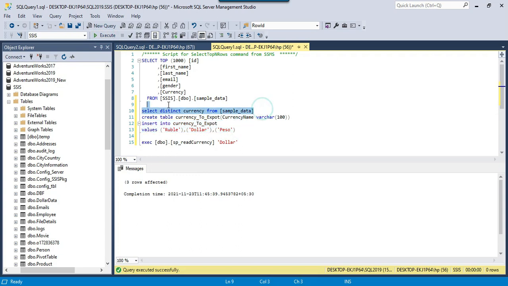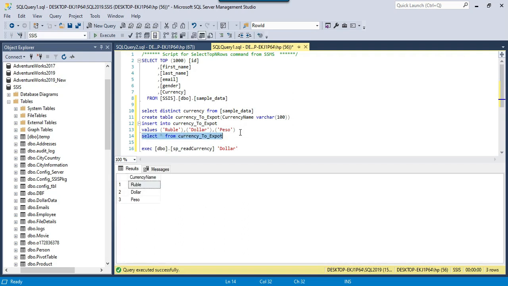Now if I select the distinct currencies from this table, there should be just 3 records. My SSIS package should pull the currency name from this table, and then pass these 3 values dynamically to the stored procedure one by one, and 3 CSV files should be created: ruble.csv, dollar.csv, peso.csv. So this is how the SSIS package should behave.